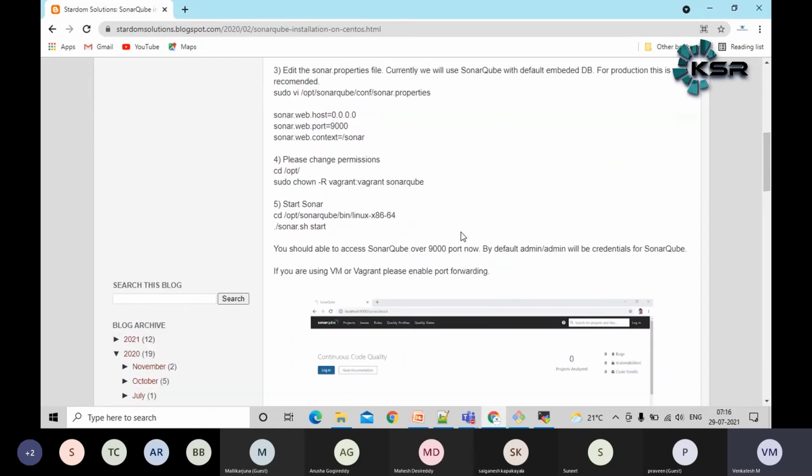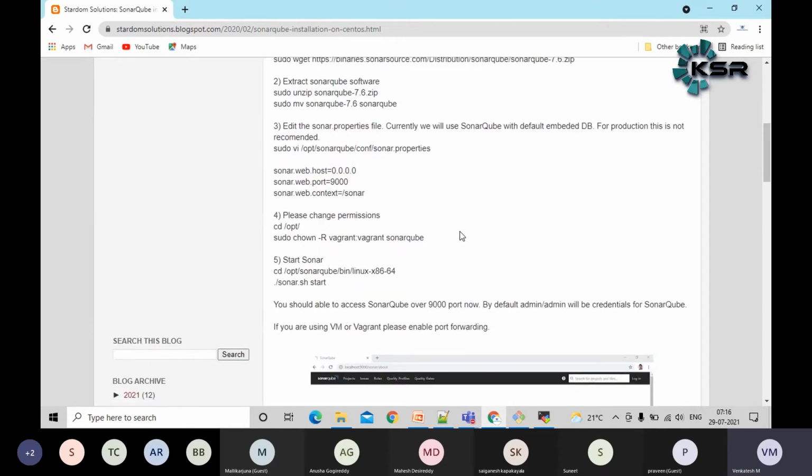Currently, I'm going to use the default database H2, which is provided by SonarQube. When we work in real time hands-on, we need to integrate SonarQube with a Postgres database or MySQL database, guys. I'm not covering that right now. In future classes I will cover it. Since these are very initial days, I don't want to dump more on your heads.